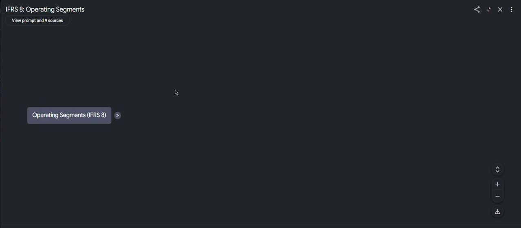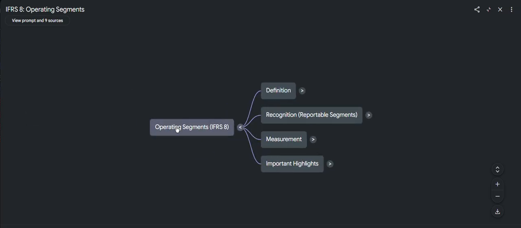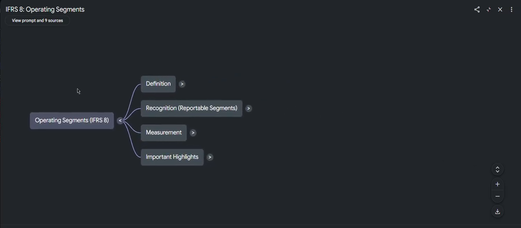Good day. Today we'll be discussing operating segments under IFRS 8. So we will have our discussion through these main topics: definition, recognition, measurement, and those important highlights. So first, with the definition,